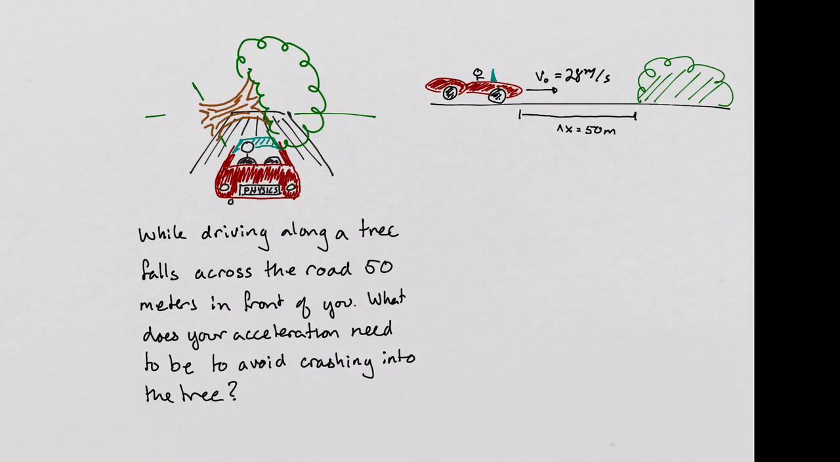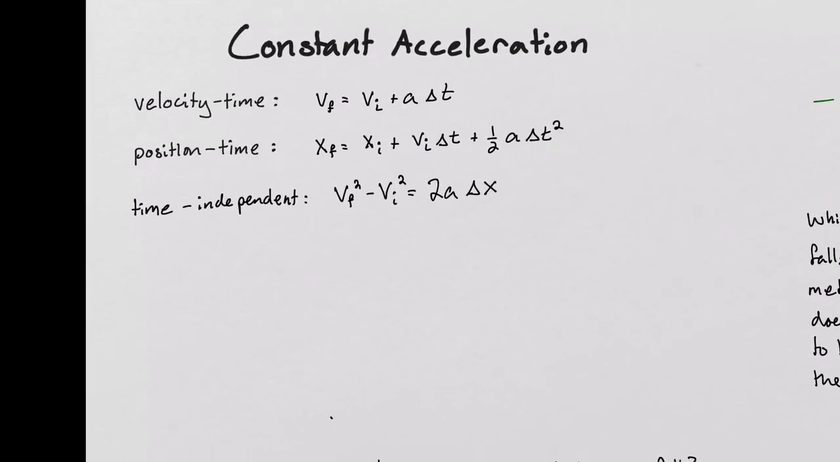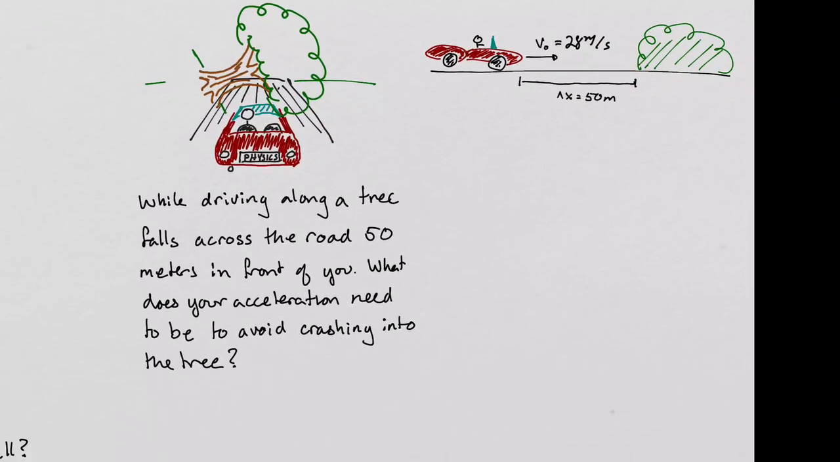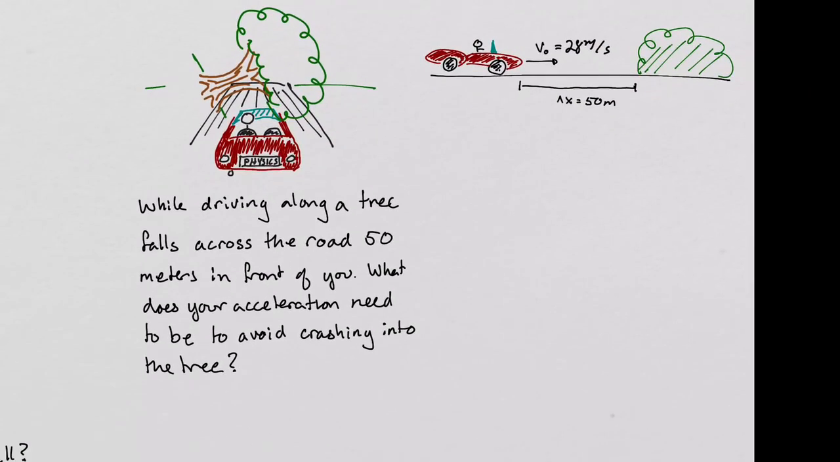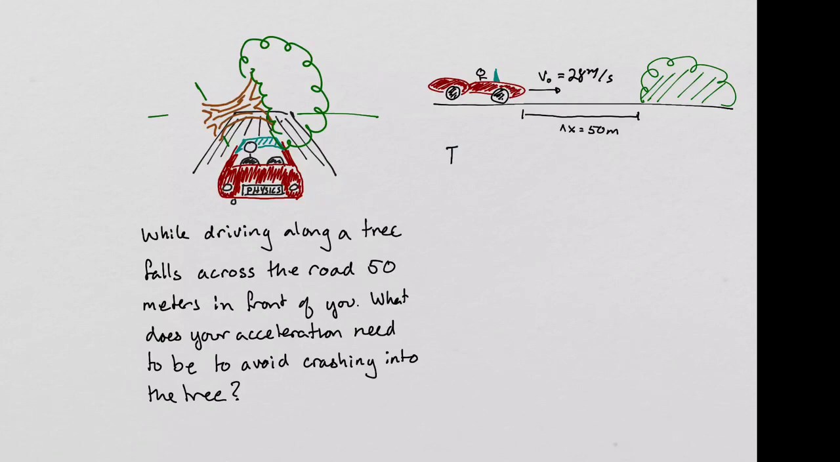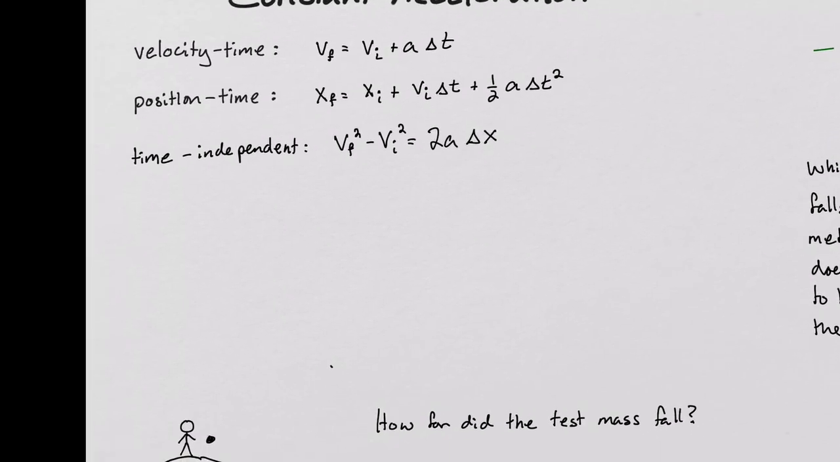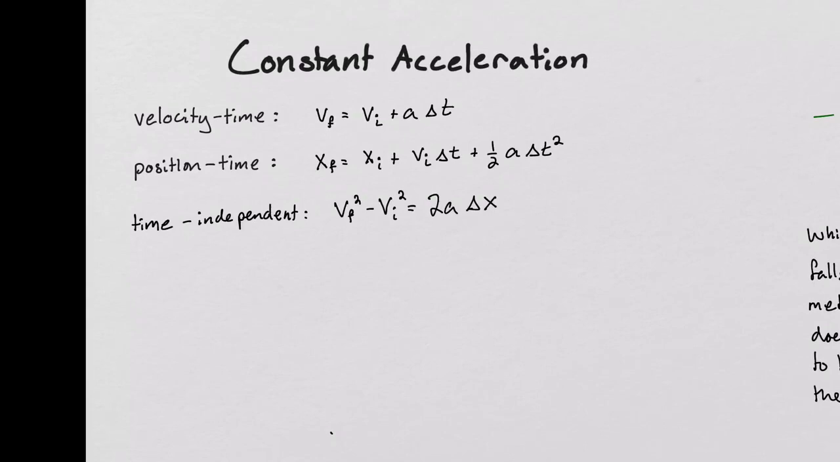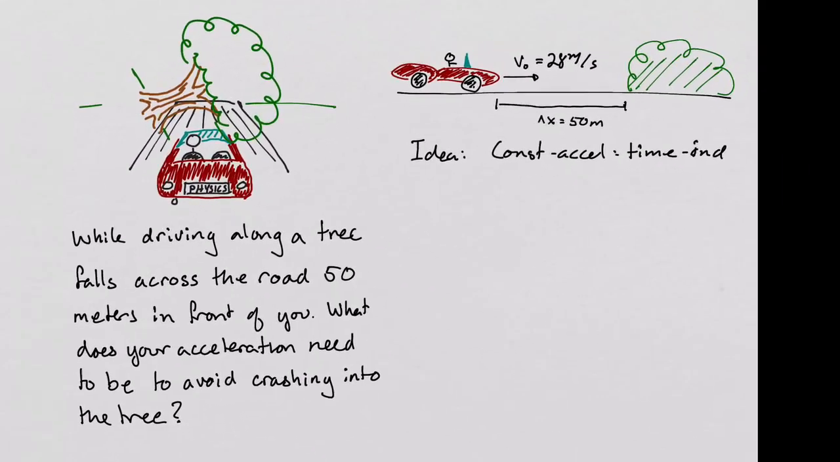As a reminder, we have the constant acceleration equations of motion. For this problem, the idea that we're going to use is constant acceleration, and we're going to use the time independent. Going from what we derived in the last video, we're just going to copy this formula here and solve for